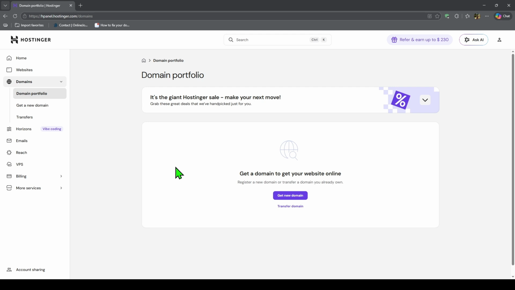Now let's talk about DNS, because this part matters. Hostinger says if your main domain already uses Hostinger nameservers, the DNS setup for the subdomain is handled automatically, and the subdomain should become available after a short wait. But if your main domain uses external nameservers like Cloudflare or another DNS provider, then you need to add the DNS record manually at that provider. For standard hosted websites on Hostinger, Hostinger says you usually add an A record for the subdomain pointing to your